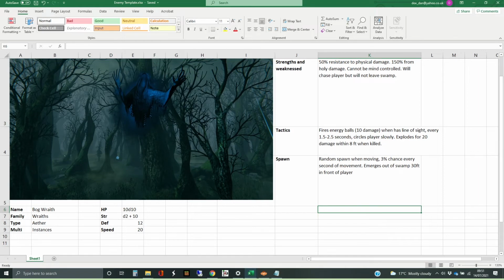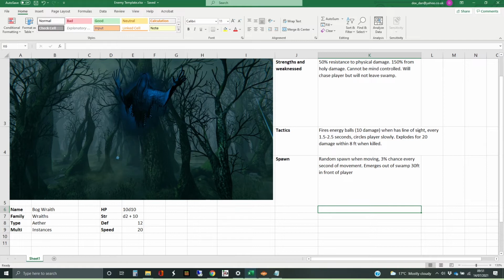So, one pretty general, pretty common approach to dealing with creating enemies is to create some sort of template, which gives you the outline of the information that you're wanting to have for the enemies. It often will include a picture. I've just put a screenshot in here from a game because my concept art is so rubbish. I wouldn't want to expose the world to it. And I've just thrown this together